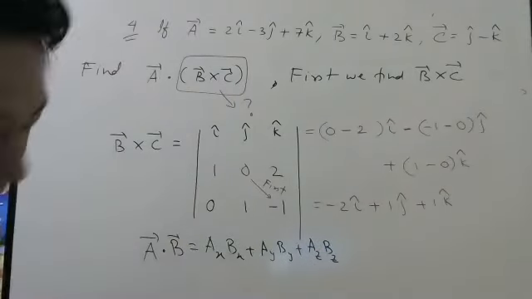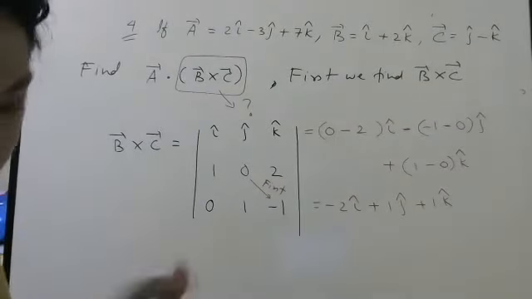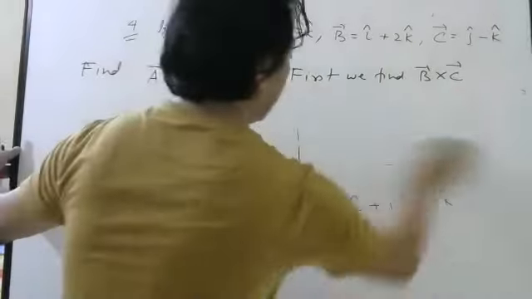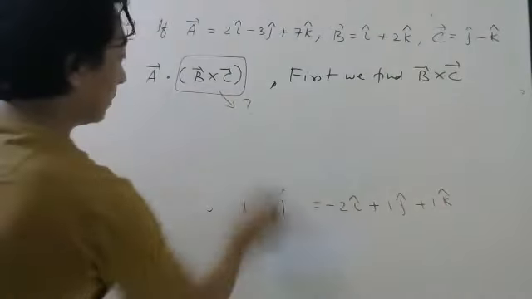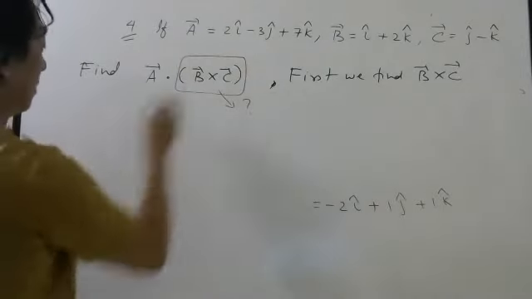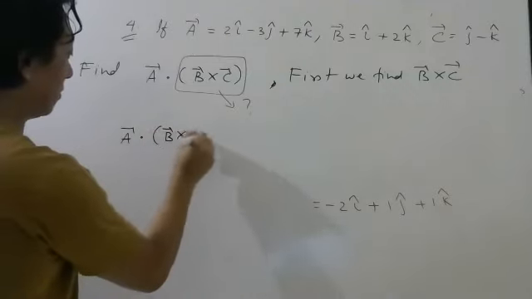Already I have explained, while taking the dot product, 6 of 6 terms will be 0. Okay, so once I found this, now I have to do the last one. So this is what they want: A bar dot B bar cross C bar.